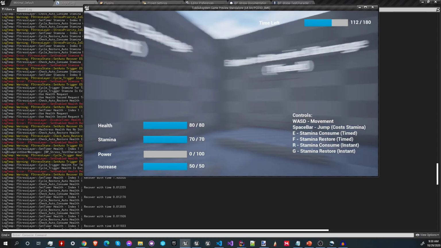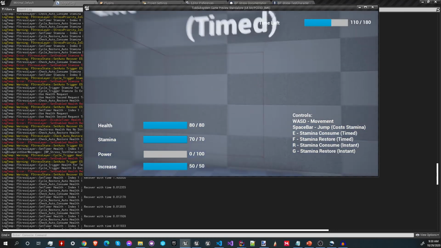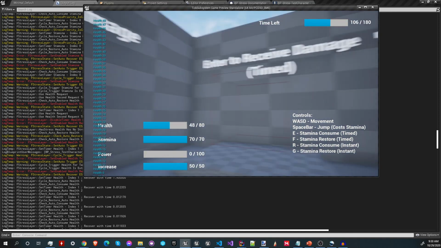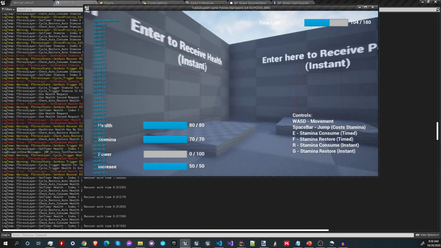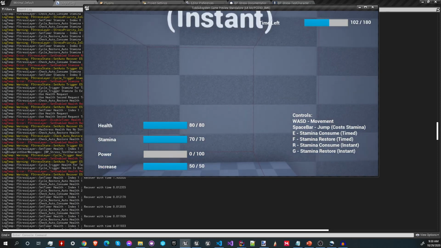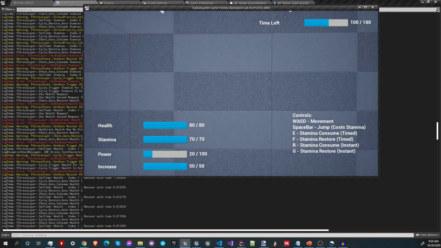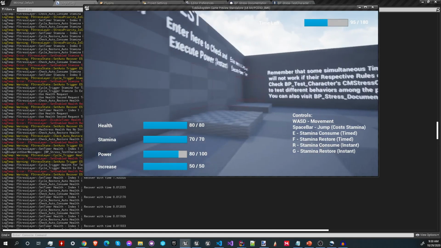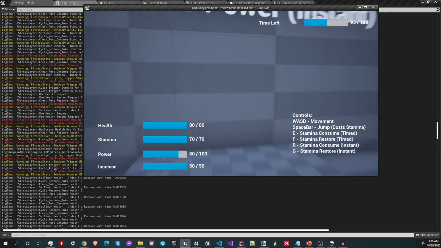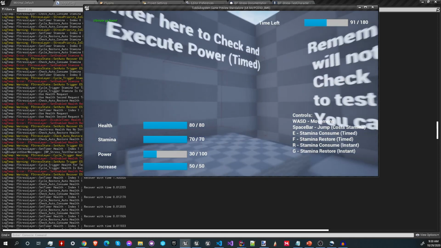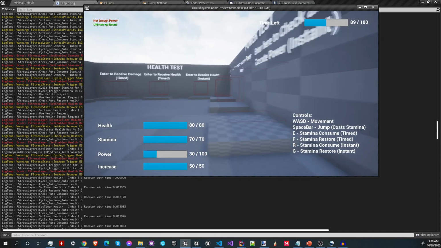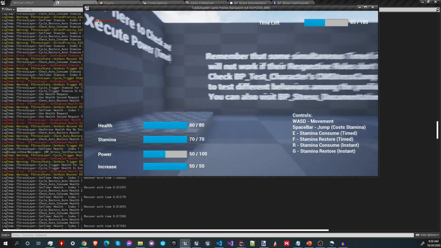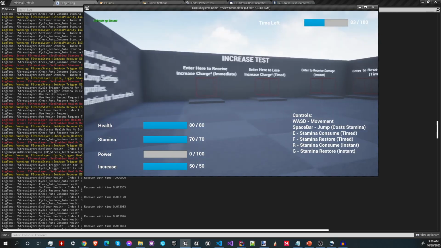Okay, alright, then if we were to test received damage, you'll see how the same 75 that we've done here instant but done over time. Then we test power. We're going to be adding 20 units of power here, and then in here we're going to check if we have enough. So ultimate go boom, and no, we don't have enough power, so let's add one more, and then ultimate go boom. All right,